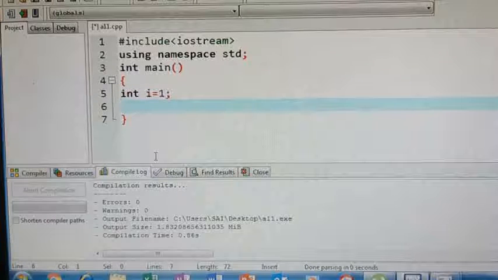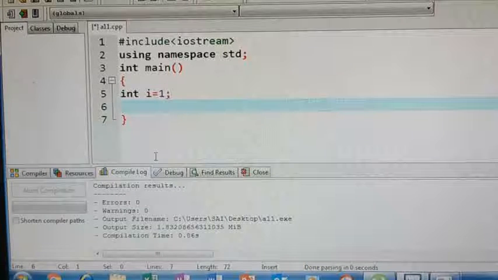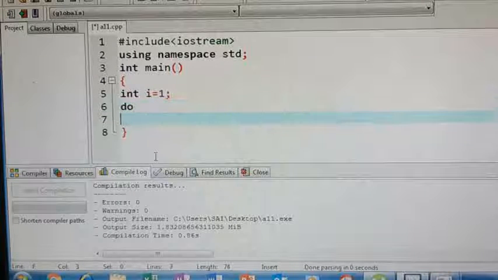As usual, the initialization is like how you have written in a while loop. Next, come to condition. In case of a while loop, after the initialization, immediately we used to give a while. Here, first we will give a do. It is a keyword and it should be in lowercase.